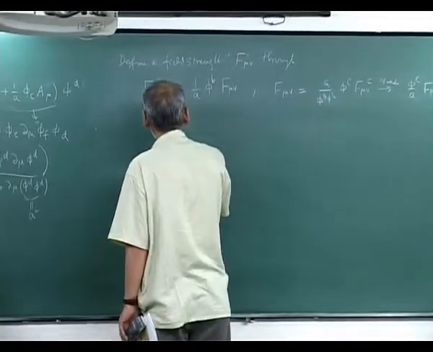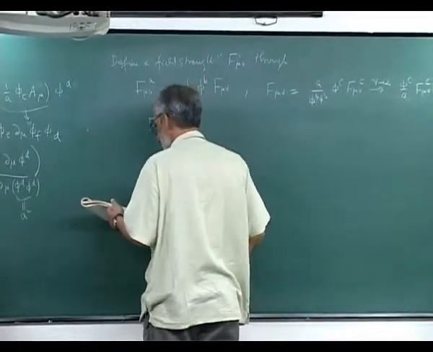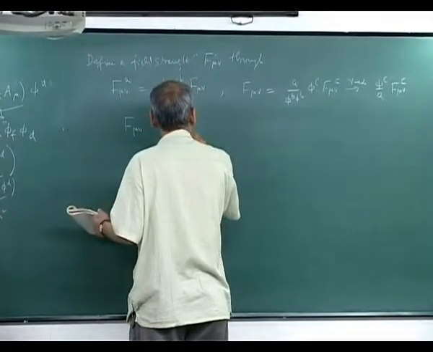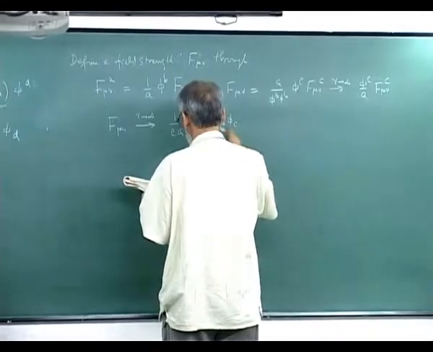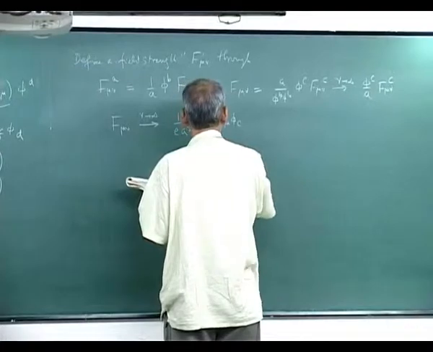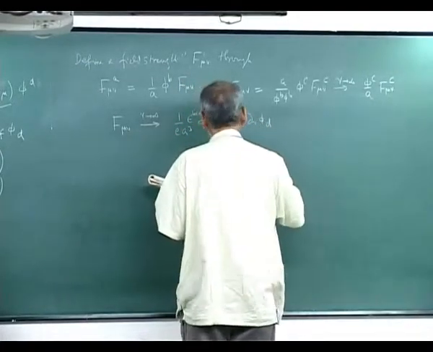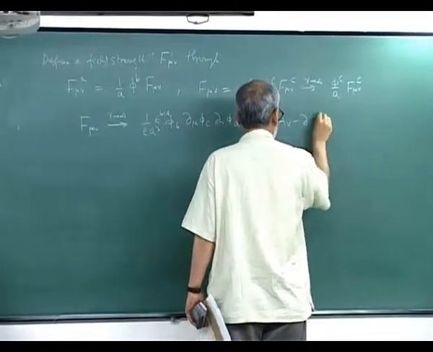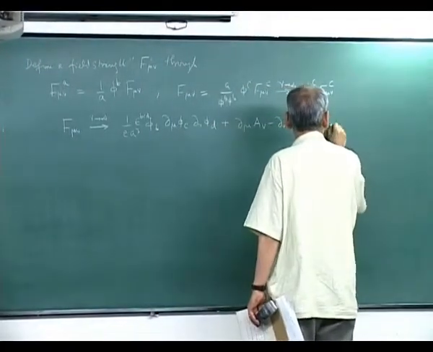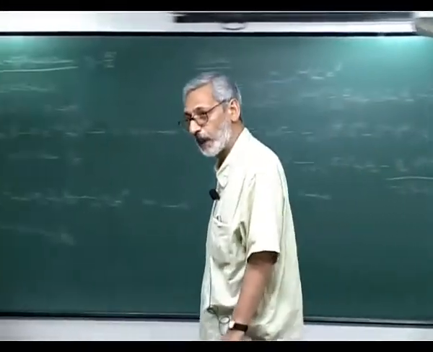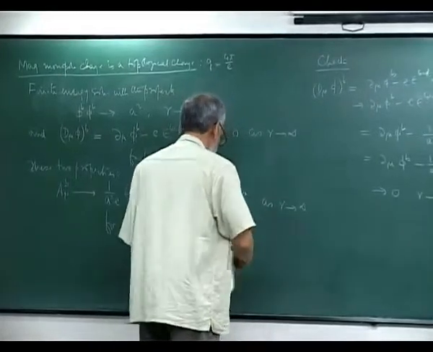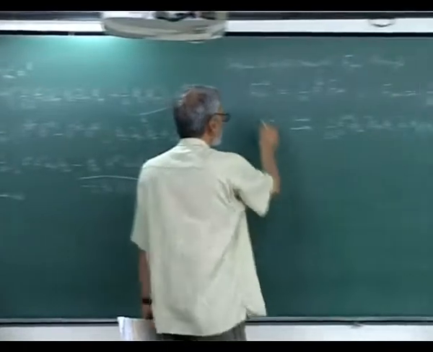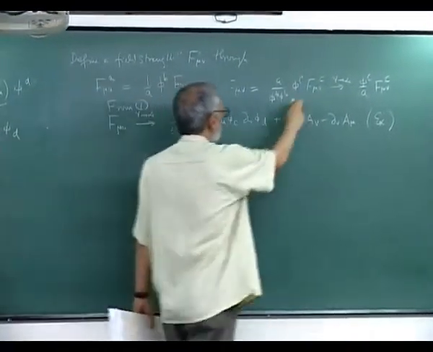So f mu nu asymptotically, this f mu nu that I have constructed, r going to infinity, is 1 by e A cube phi b d mu phi c epsilon b c d phi d plus d mu A nu minus d nu A mu. Just do this small exercise. Use this. Let's call it 1. In here,